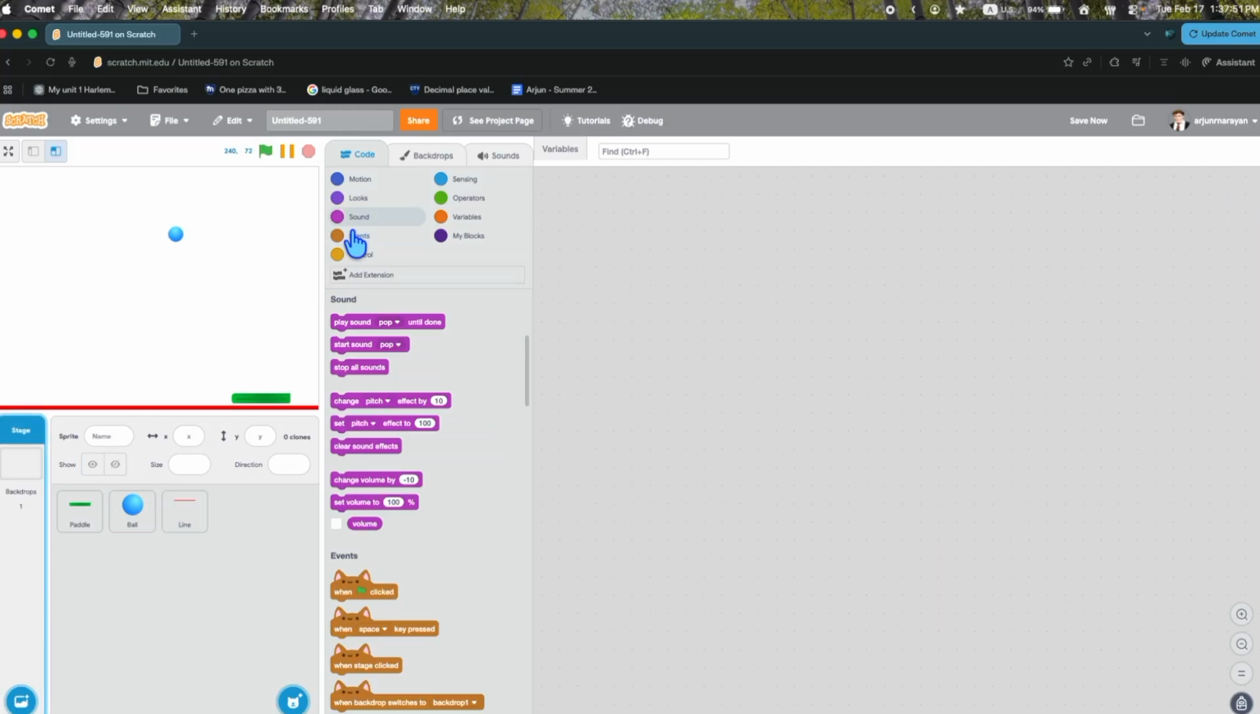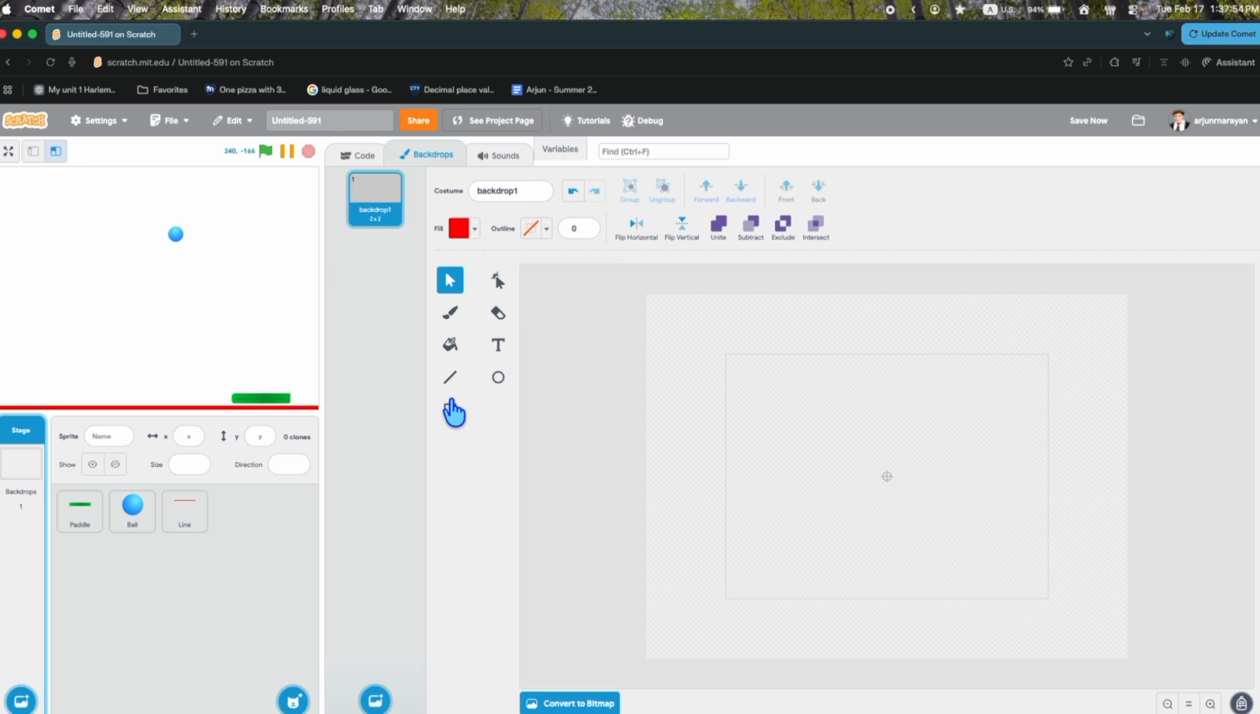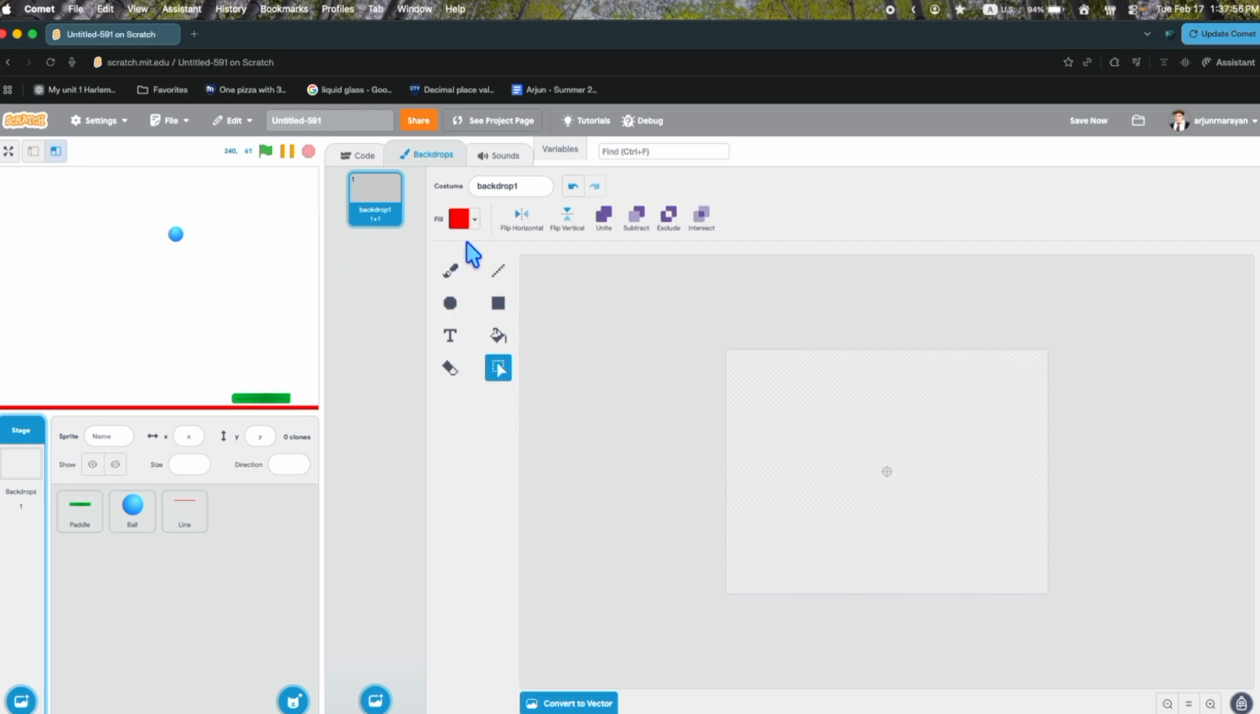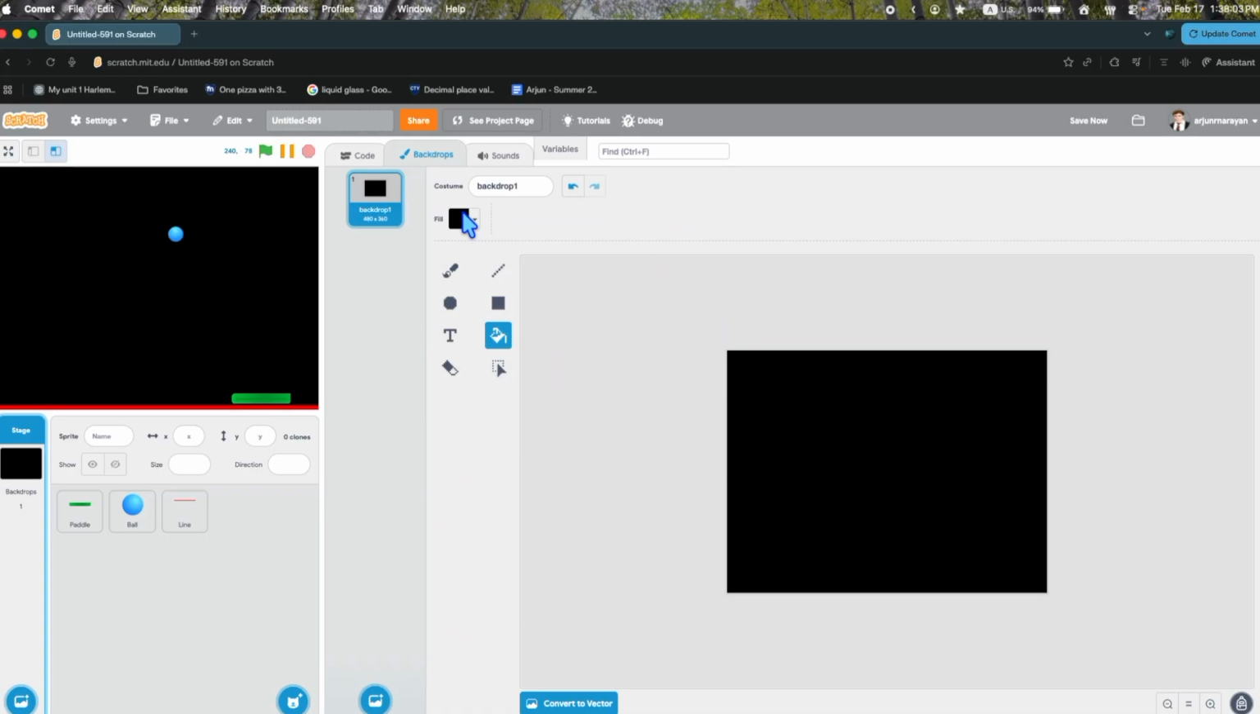And then we go to the backdrops. In this backdrop, we're just going to convert that to bitmap. You can make this whatever color you want. I'll make this black. And then we'll call this the game background. Then we're going to duplicate this. We'll call this the game over backdrop. And then in the game over backdrop, we're just gonna get some text